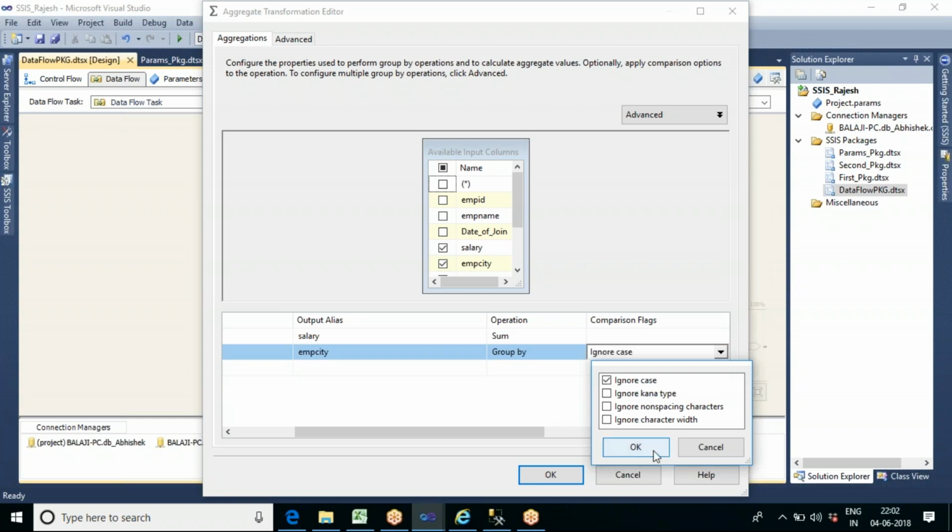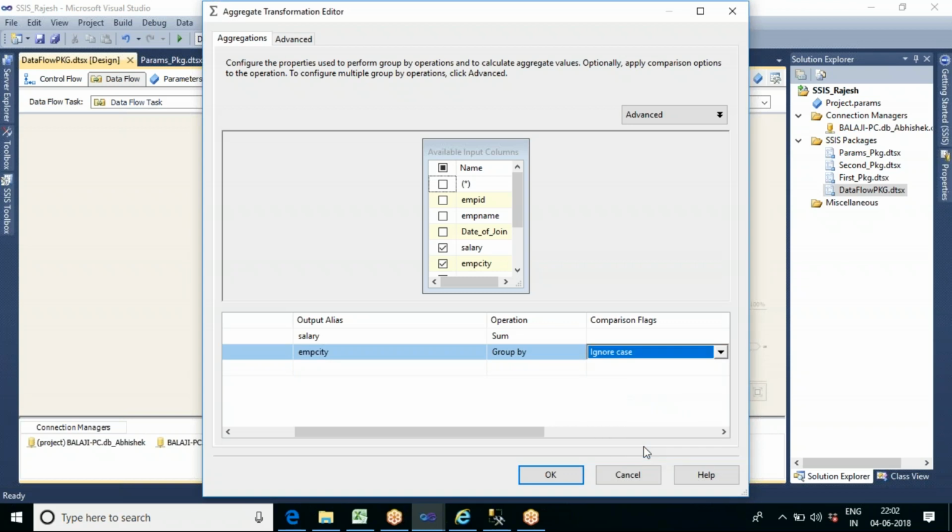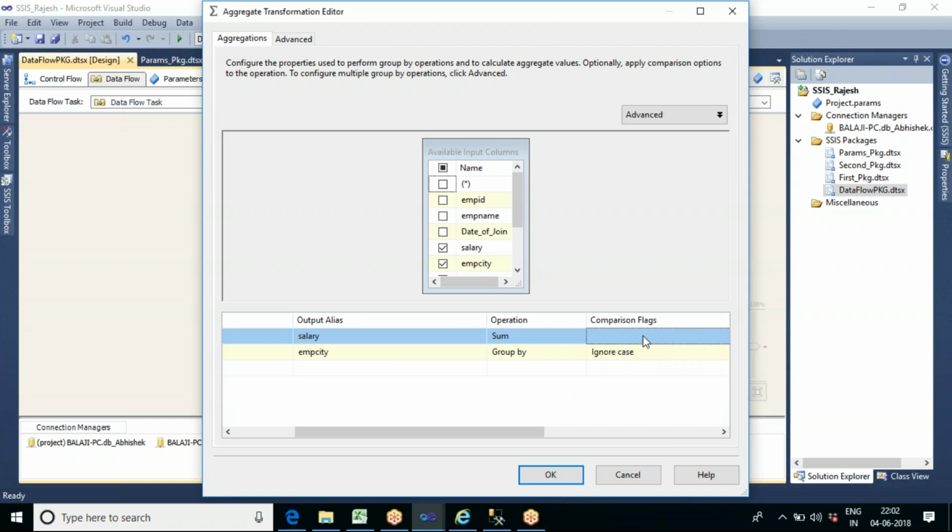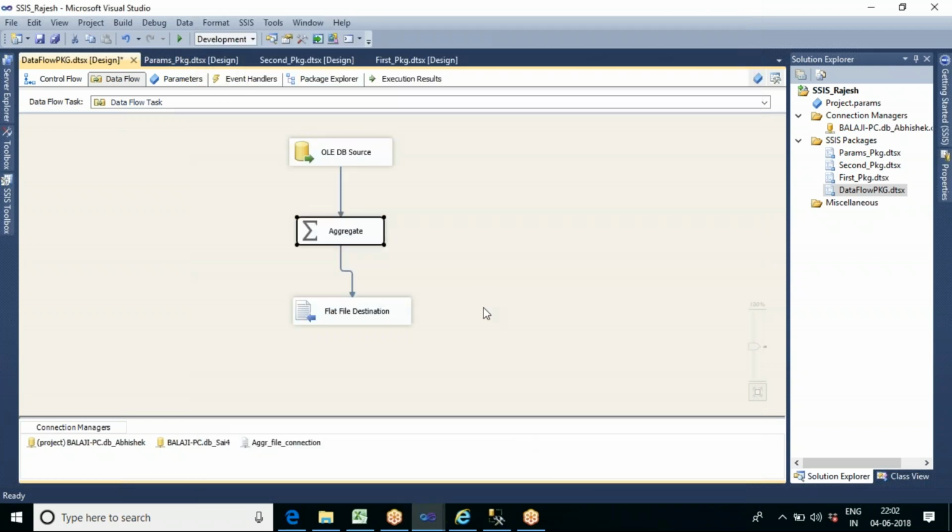The ignore case option means it will ignore the case sensitivity, so it will treat both capital B Bangalore and small b Bangalore as the same. This option is available only for string data, such as city and employee name, but for integer data that option is not available. Now let us see how the output will be generated.